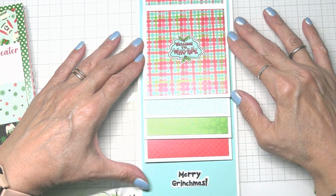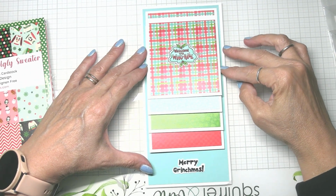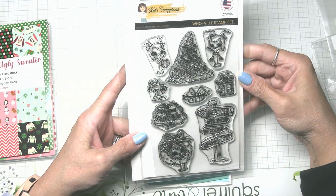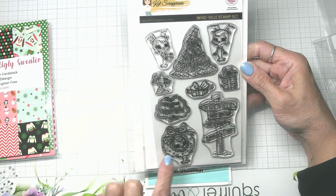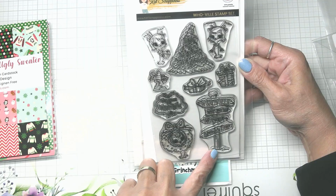Now let me go a little wider so you can see this is a tall slimline card. So I have Welcome to Who-ville. Let me share the stamp set. Here is the Who-ville stamp set, and you have three of the Cindy Lou Who, I think her name is. A stack of gifts, another gift,